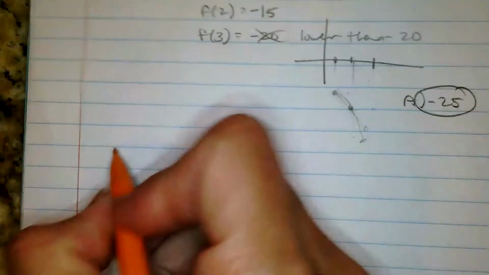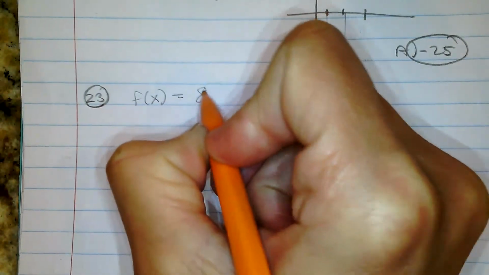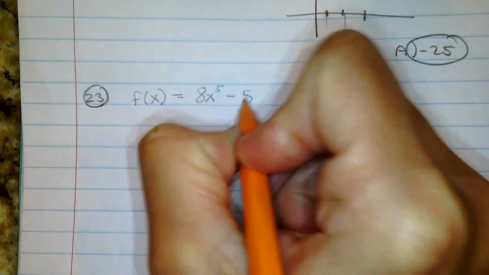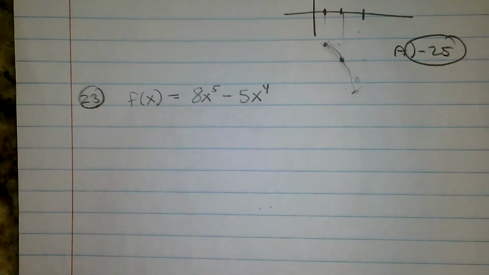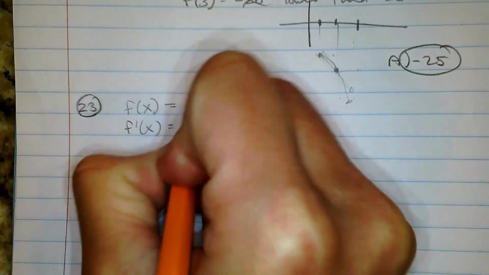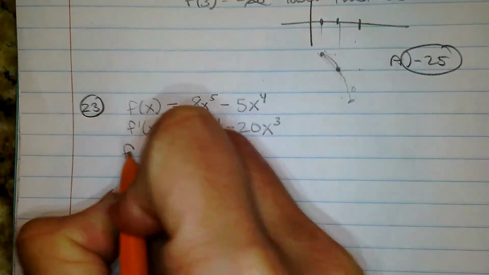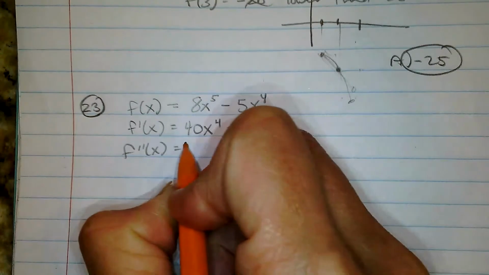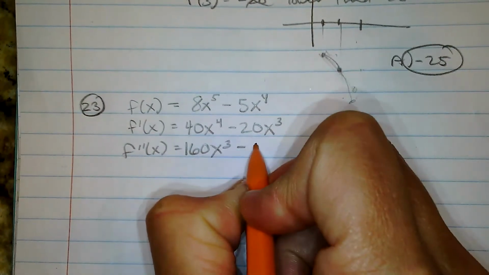On 23, it says the graph of f of x equals 8x to the 5th minus 5x to the 4th will have how many points of inflection? So we're talking second derivative, which is not bad because just a power rule and another power rule. Whoa, 160x cubed minus 60x